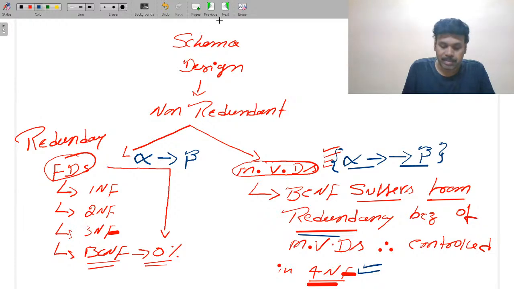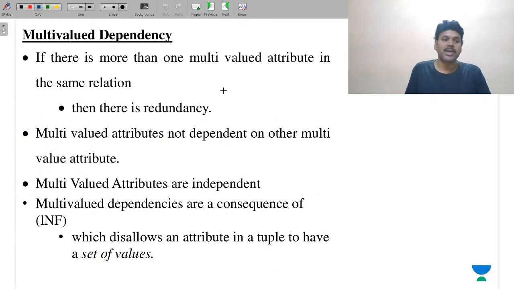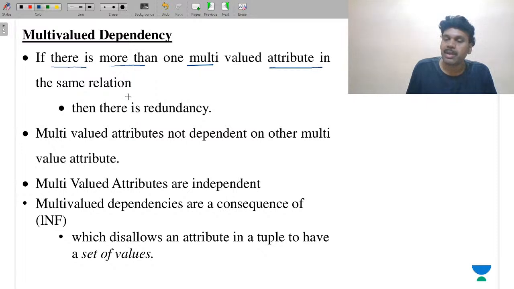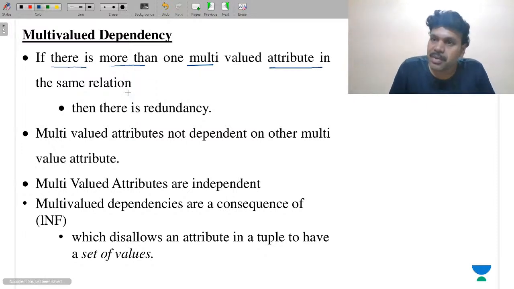Well, friends, now we will see what a multi-valued dependency is. Multi-value dependency is a simple understanding, instead of a definition from your textbooks. What is that? The shortcut to identify multi-value dependency is this: we already learned that multi-value attributes are independent, which